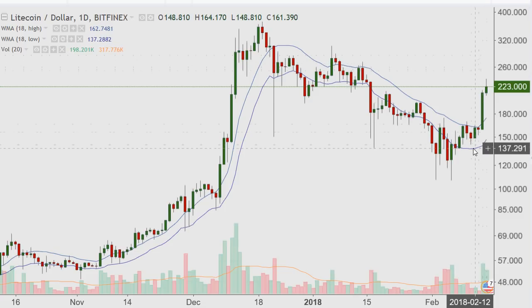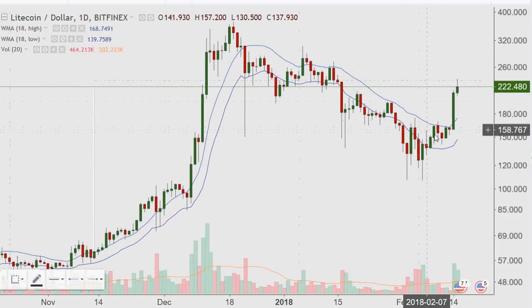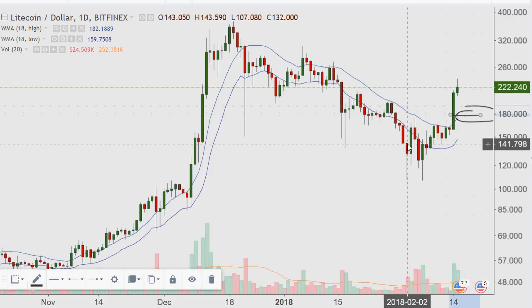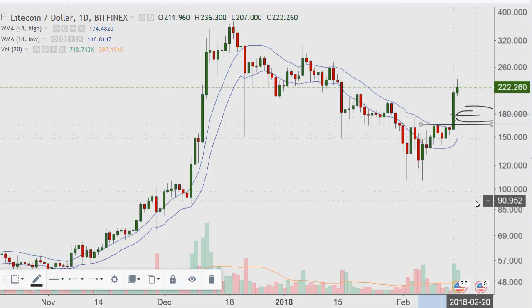So it tells you one of 2 things. One, it's just starting the reversal of trend. When you're in the early positions like this, it becomes very difficult for me to determine if we're first going to get a decent price correction that would meet up somewhere within the 18 average band. And we can see right now that would be close to about 180. But when we consider the 18 average of lows, any short-term pullback to about even 160-ish, to me that's very normal on many bull market trends that are in the early stages,